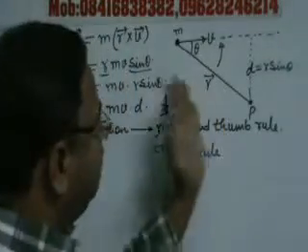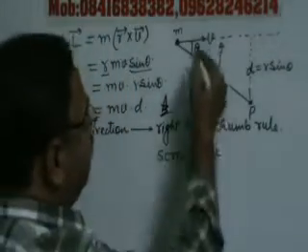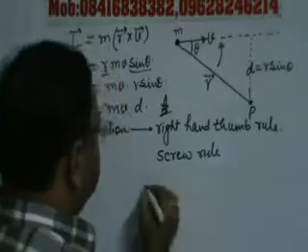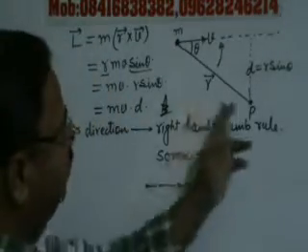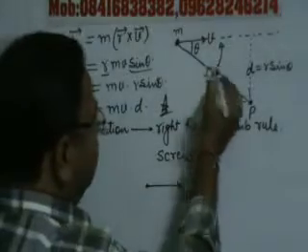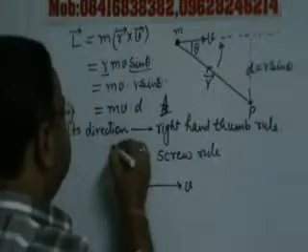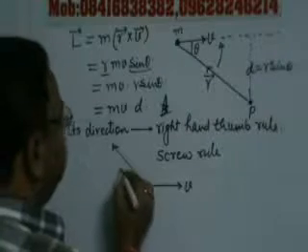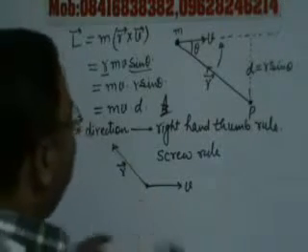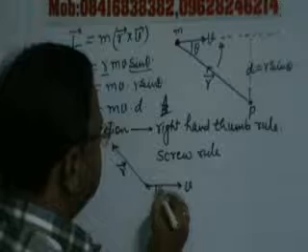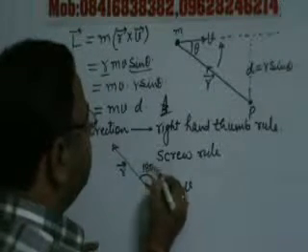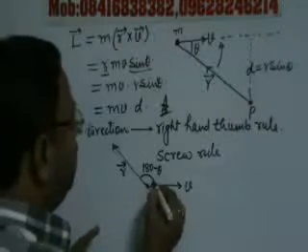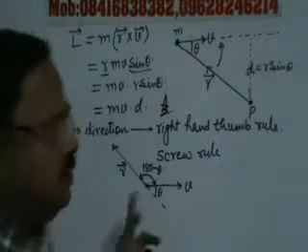Now here in this case we see what happened. Now here it is velocity. This is the direction of velocity vector v, and this is the direction of radius vector. You can say this is the direction of radius vector. So here this angle is given as theta. So what will be this angle? This is 180 degree minus theta. This angle will be 180 degree minus theta.